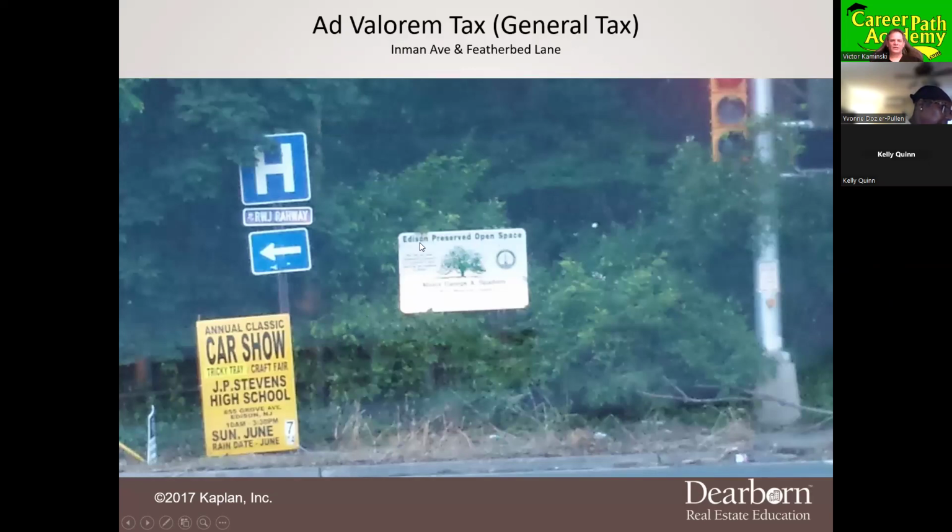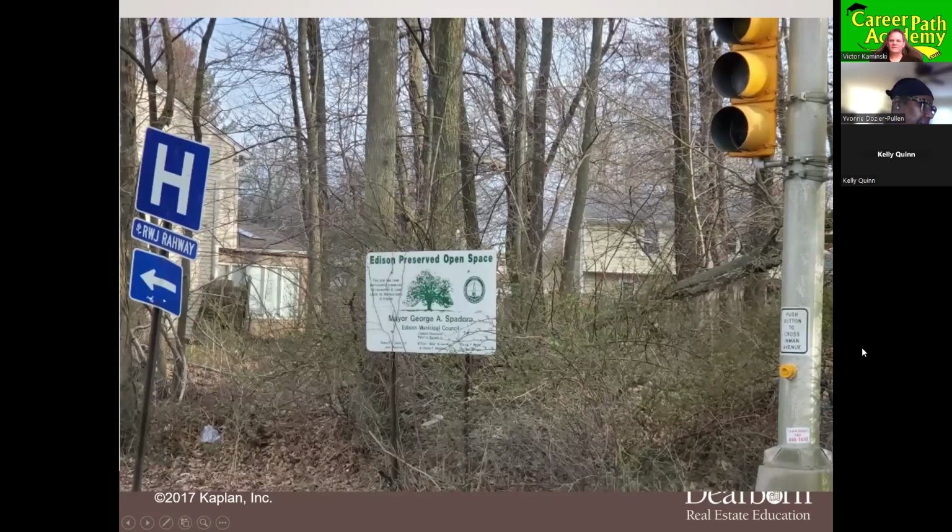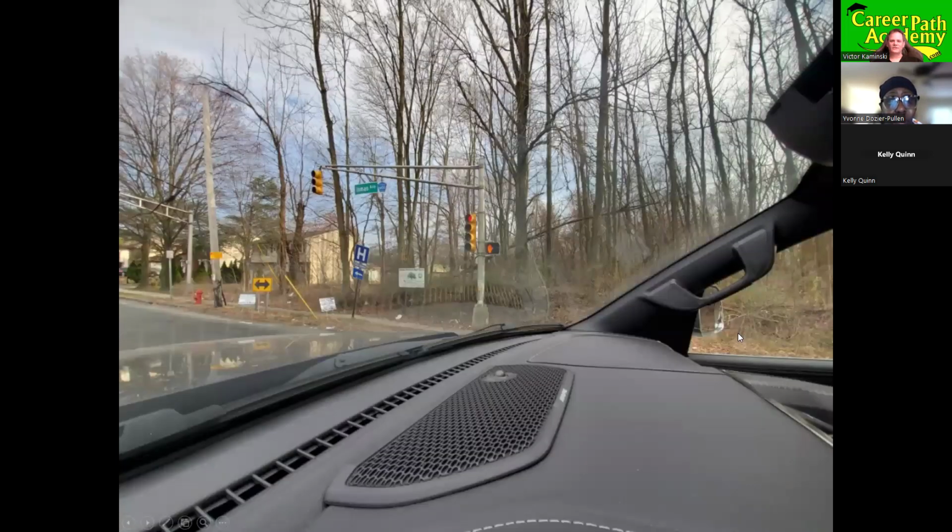Here's an example. Look, Edison preserved open space. This is part of that in Edison. Oh, such a lovely area covering up the lights and overgrowth. But hey, they're not building on it. Here's another picture of that in another time of the year. Yeah, so beautiful. Let's give you another angle. Look at that, all that garbage on the sides there. But hey, they're not building a house there.